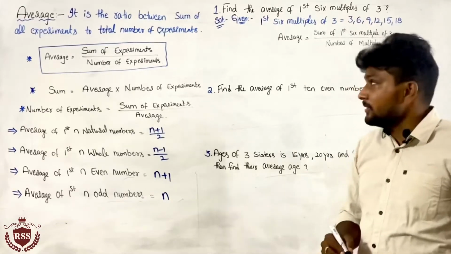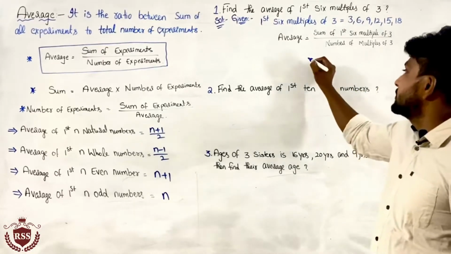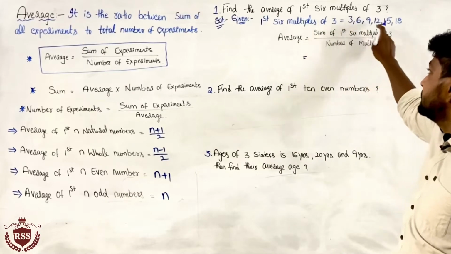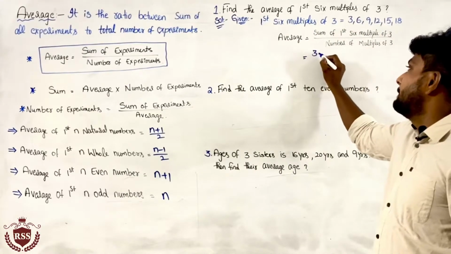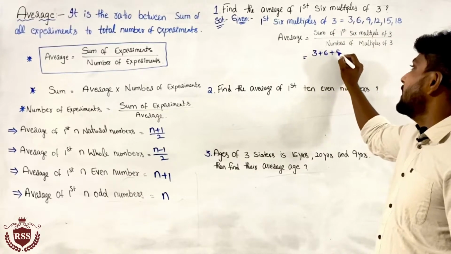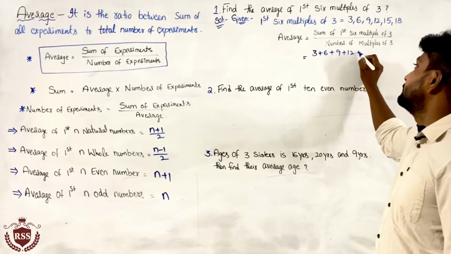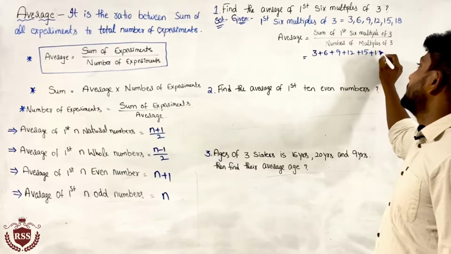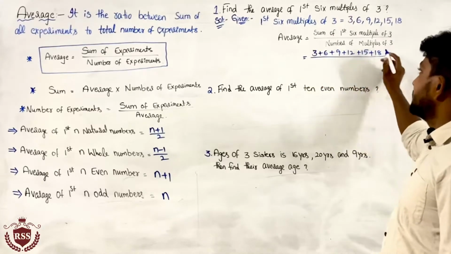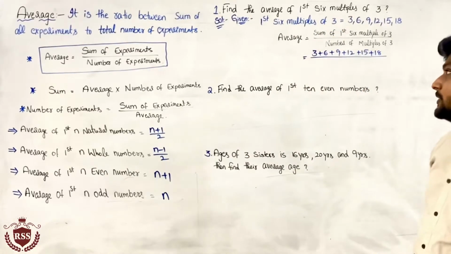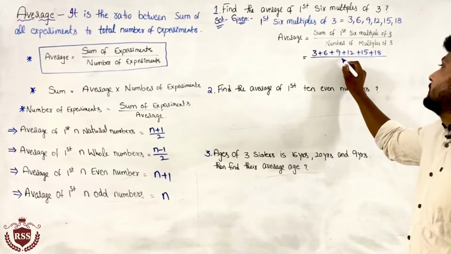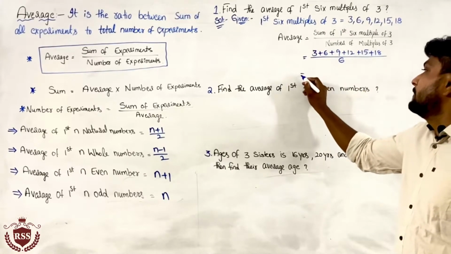Clear? So sum of first 6 multiples of 3. What will be the sum of first 6 multiples of 3? 3 plus 6 plus 9 plus 12 plus 15 plus 18 by how many multiples? They are saying that 6 multiples. They have said that 6 multiples by 6. So average equals